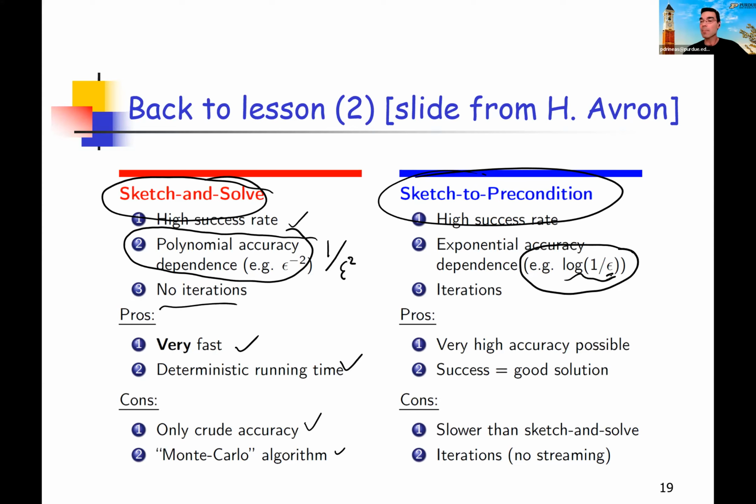So this is something you can absorb. But you have iterations. You need to look at your data more than once. Very high accuracy is possible. Success can be the good solution. So you can actually go back and see, did I succeed or not? It's slower than sketch and solve, and of course it has iterations. So you have to pick your poison basically, and we now understand quite well upper and lower bounds for both